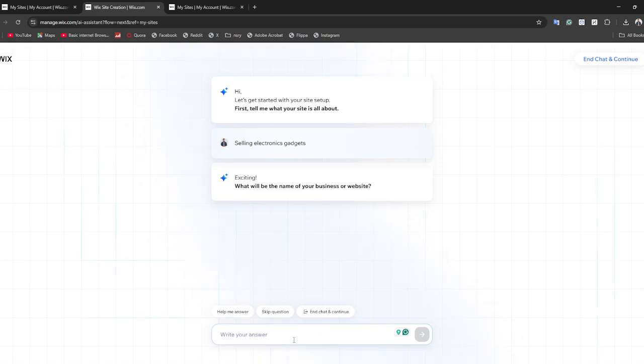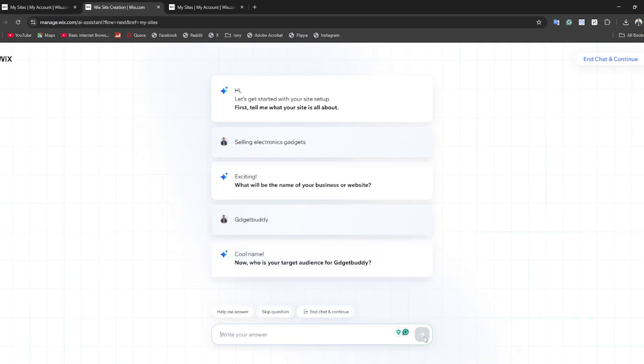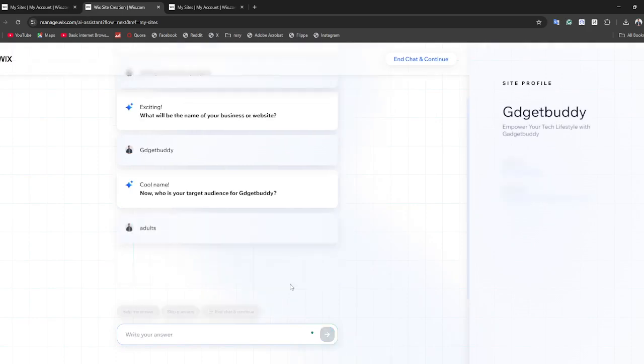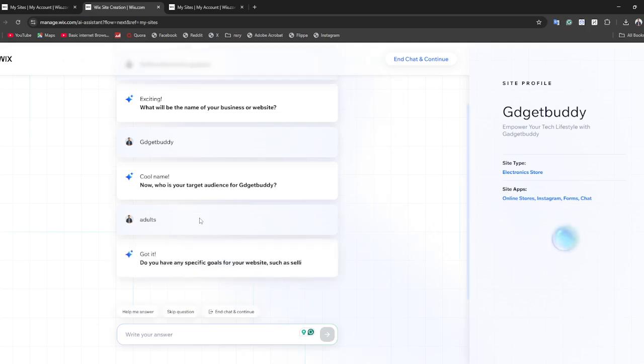Then it will start creating your own website according to your needs. So now enter your site name. I'm going to type Gadget Buddy. Now you have to send it. Now you have to answer all the questions, and then you can create a new website. So let's type in adults. So enter all the information it needs,